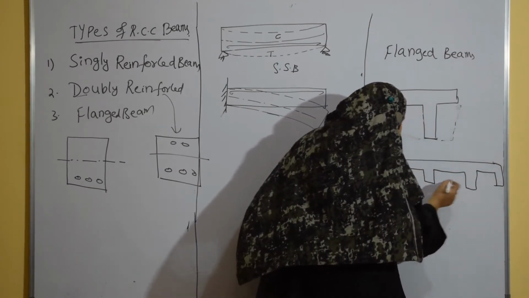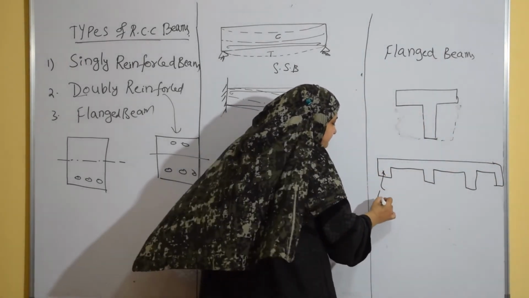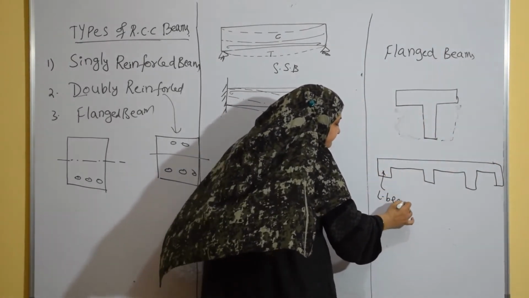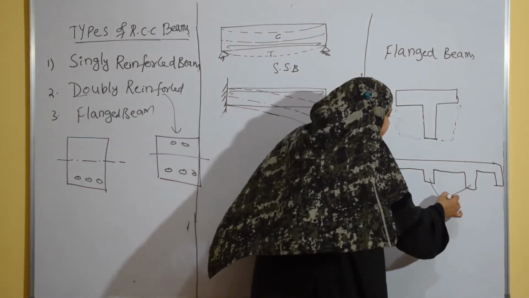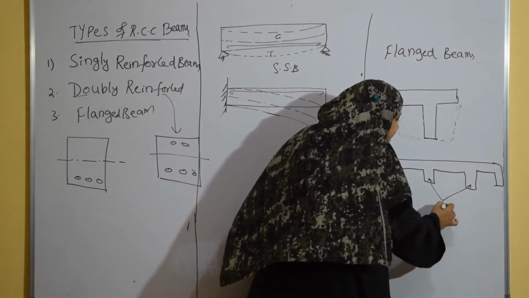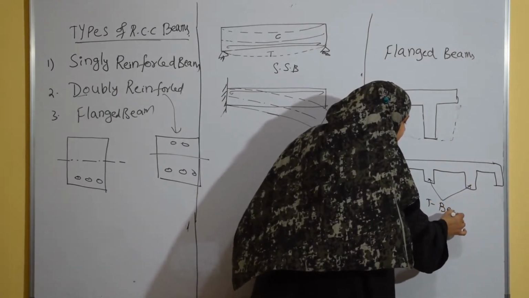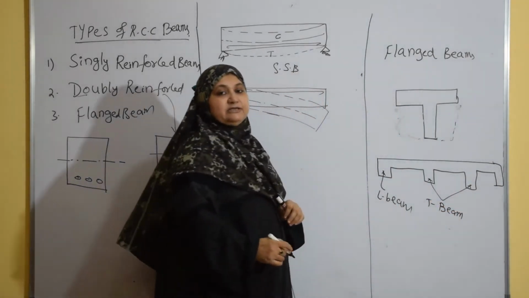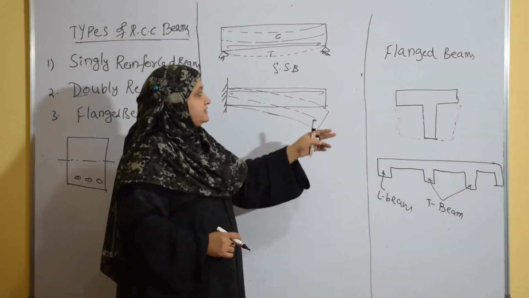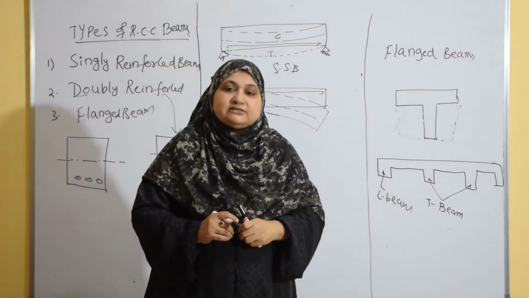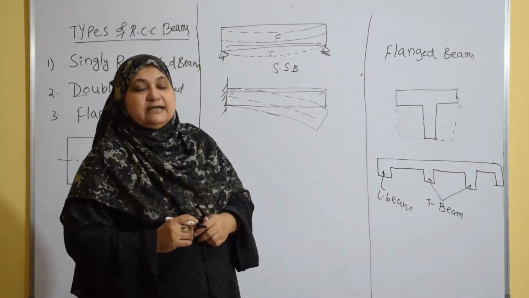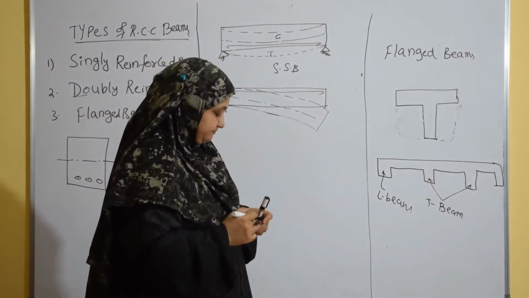You can see the corner beams. The corner beams are taking a shape of L, so they are called L beams. And this is a T beam. The center beams are T beams, because they resemble the letter T, it is called a T beam. Fine. So in most of the modern concrete constructions, we are going for monolithic construction of slab and beam. So that is a flanged beam.